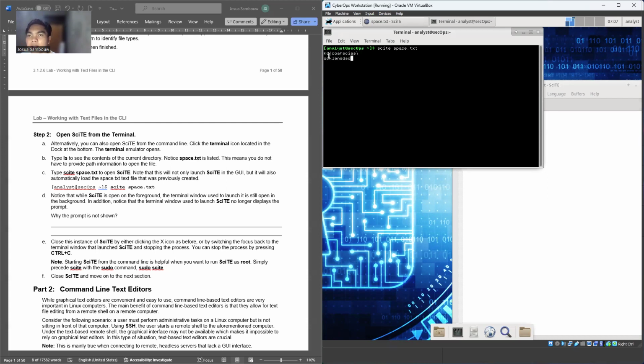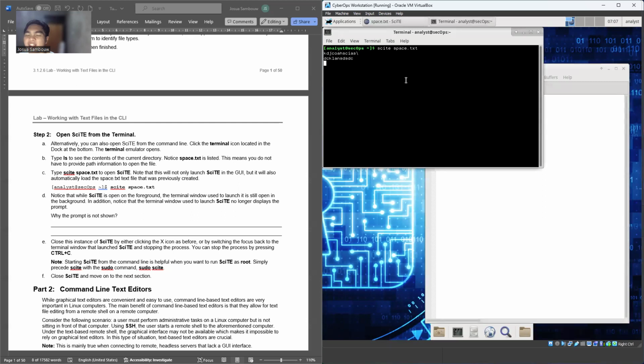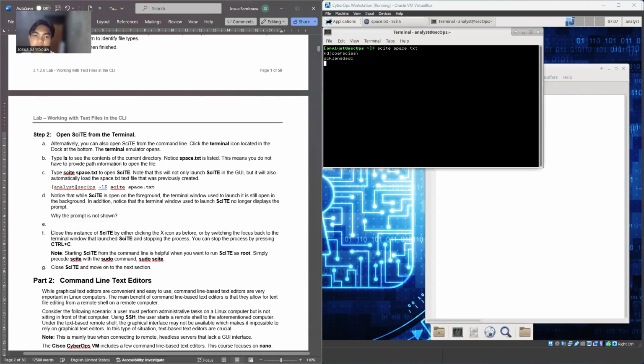Enter and still enter, because we are still inside the CTE from earlier. CTE is still open. But how do we make the terminal return to how it was before? Why is the prompt not shown? The prompt is not shown because